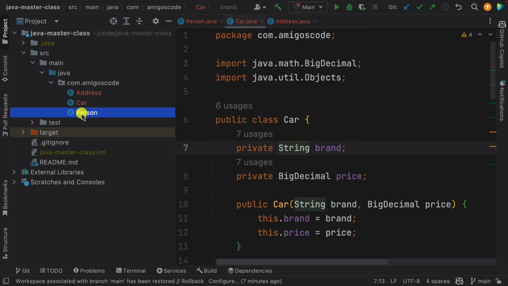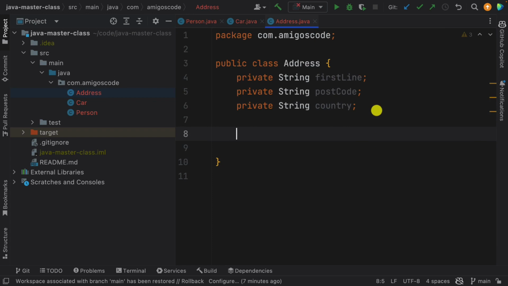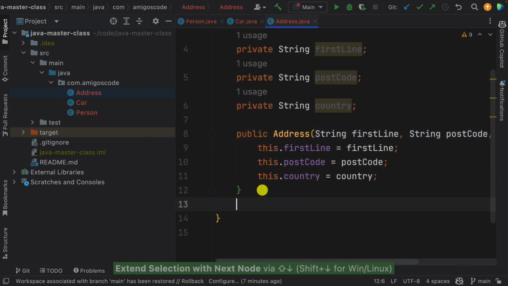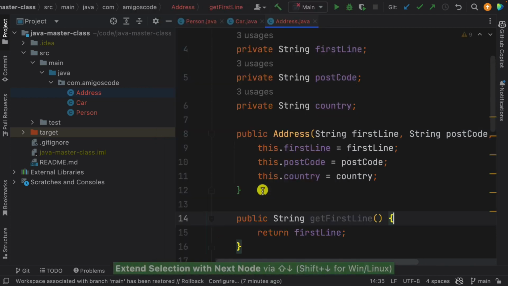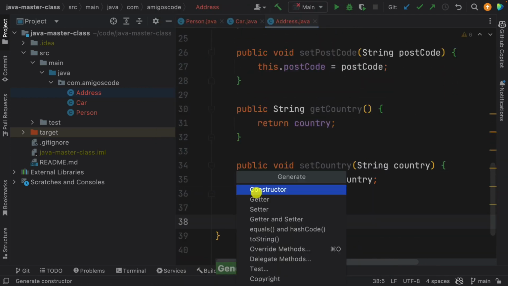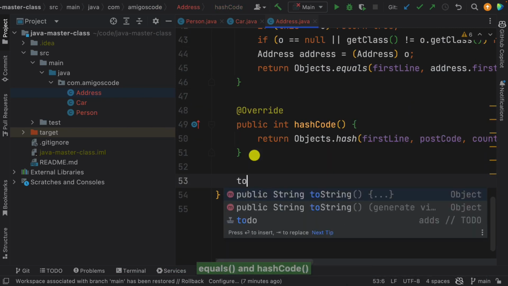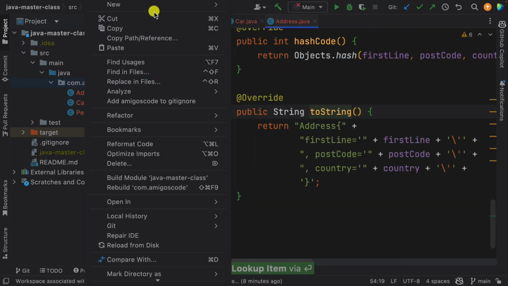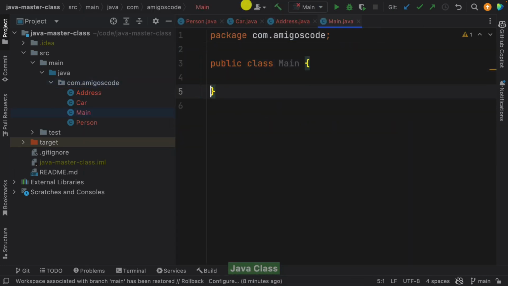So let's now focus on address. So this will also be, oops, not like that, but constructor. And we have the constructor there, getters and setters. Just like that. Scroll down, equals and hashCode, and finally toString. Okie dokie. Now let's have our main class, and then here this will be main, and within main let's just say main,